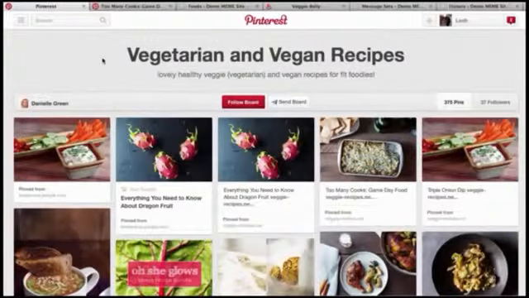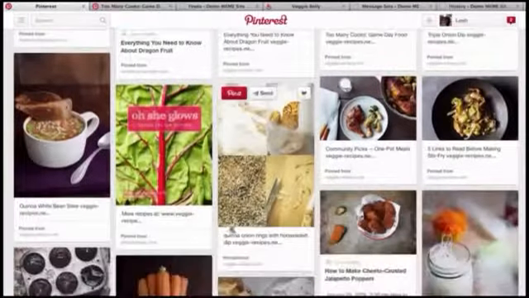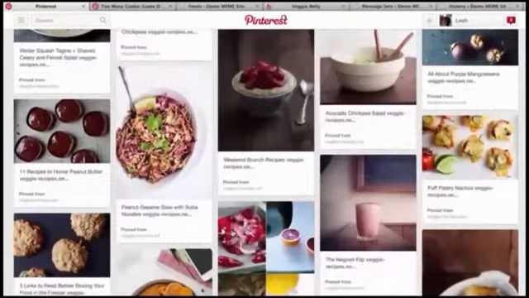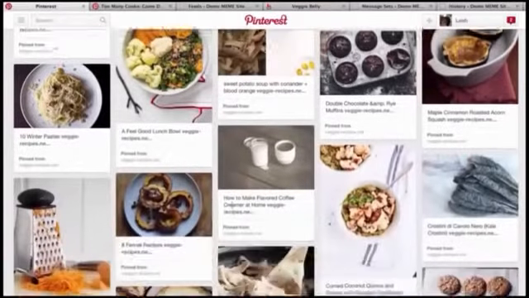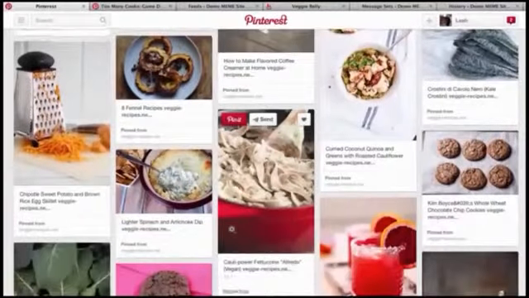So let's begin our tour of PinPressr's features and benefits, learn more about what it's going to do for your business, how it's going to drive highly targeted buyer traffic to your pages, and begin with an example. This is a vegetarian and vegan recipes, very niche pin board, and as you can see, it appears just like any other. As I scroll down the page, you'll see lots of attractive and appealing images, as is normal for